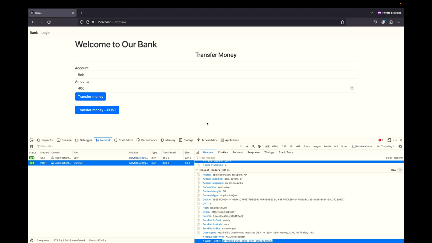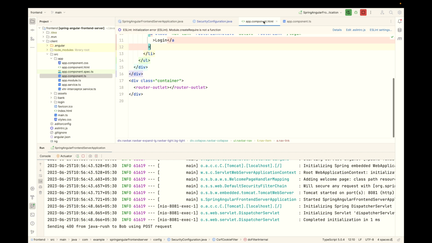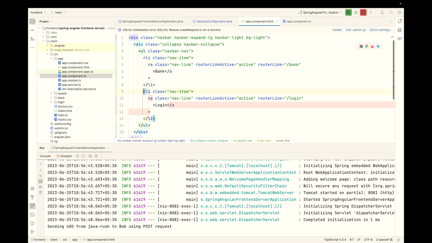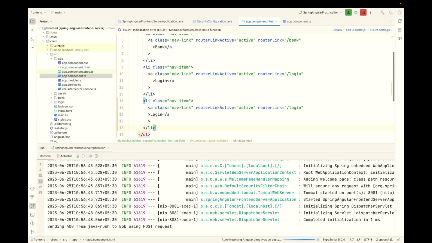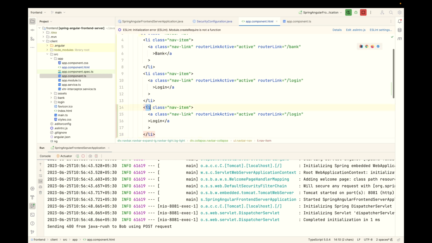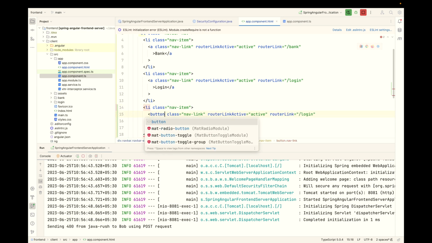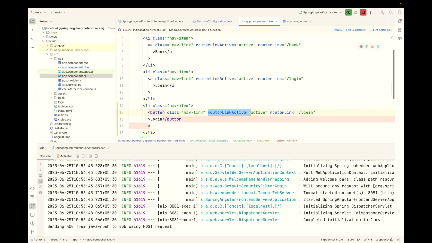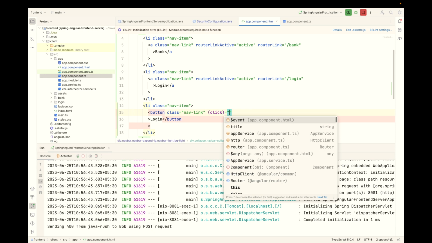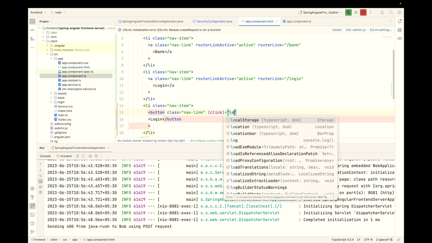Now let's implement logout functionality in the app. Let's put the logout button next to this login button only. Go to app.component.html, and I will copy this login link. Instead of li, it will be button. Sorry, not this one. Instead of a tag, it will be a button. And we won't have this one. We want a router link as well. We want a click handler, and the method name we can say anything. Let's say logout,